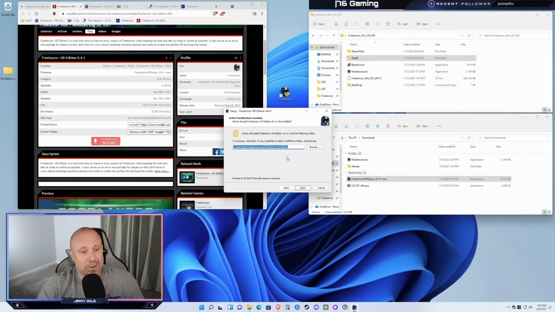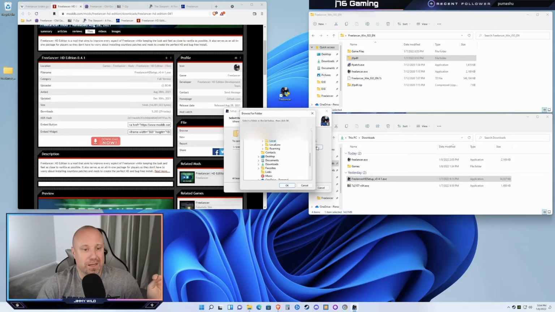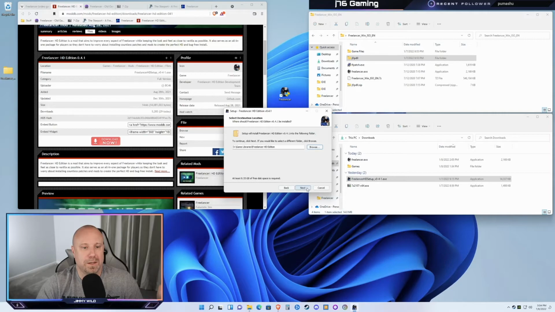And now we get to the point where we have to pick the directory where we want the HD install to be. And this is not where Freelancer is installed. This is a separate folder. So I'm actually going to go down to D, to my game libraries, and I'm going to just put it into there. So it'll be right next to the Freelancer folder. And next,